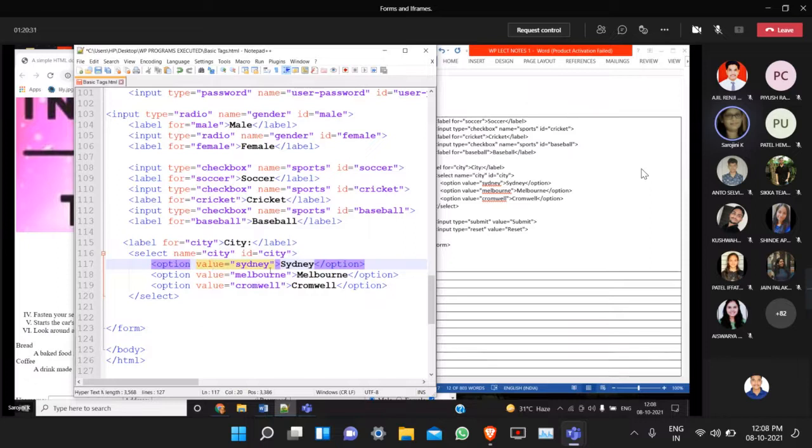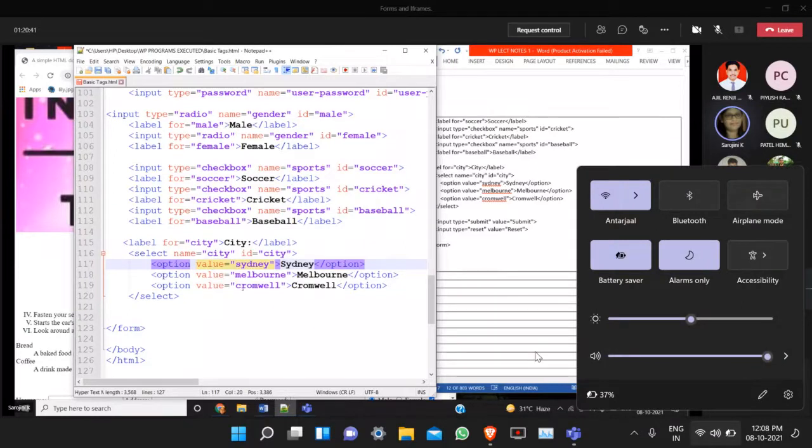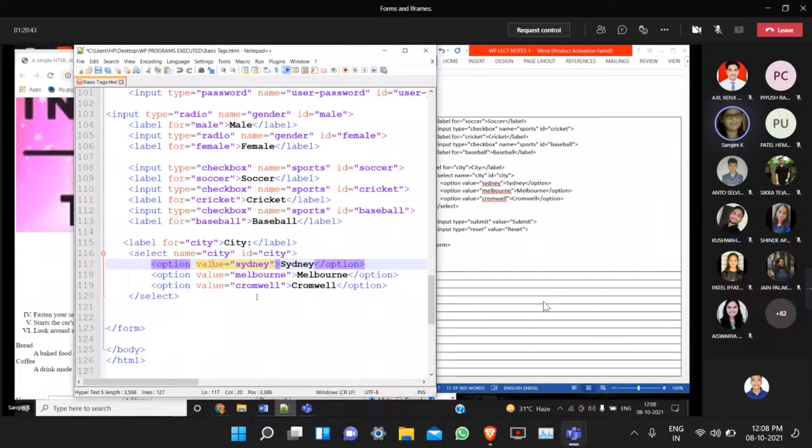So within one set of opening and closing select tag, each and every option's value should be different. Both should be unique. Only then can you uniquely identify the first option, the second option, or the third option.